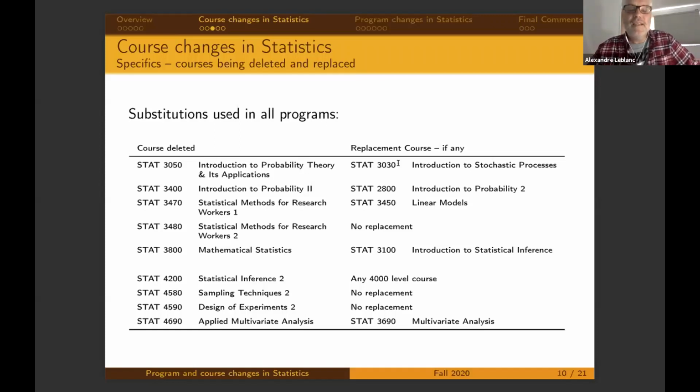So now some of those are actually quite different. And when there's an important difference in terms of coverage of topics, then we do have to have a new course as well. That makes sense. That would be the case, for instance, for 3400. So 3400 has been deleted. It's been replaced by 2800, which will play more or less the same role, except now the breakdown of topics between 2400 and 2800 will be a bit different. And so 2400 has also changed, but